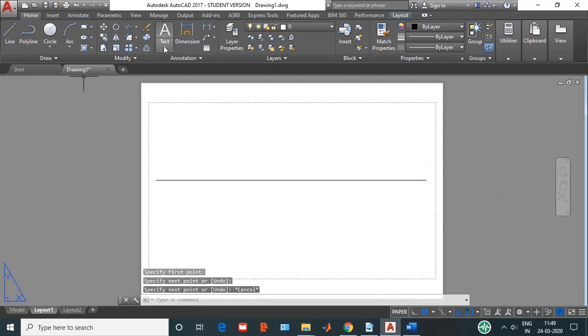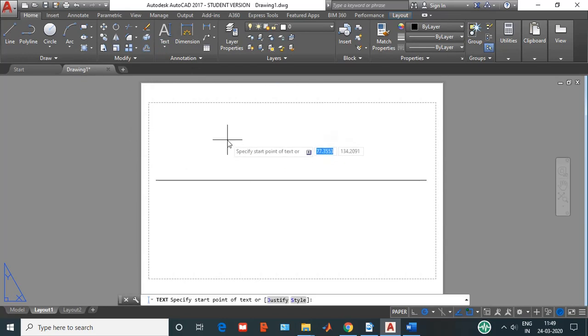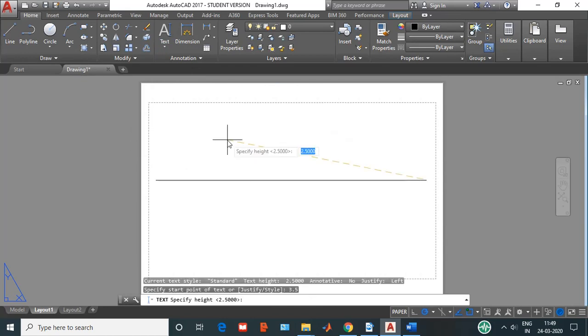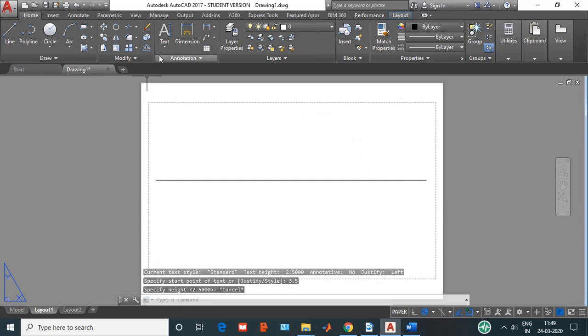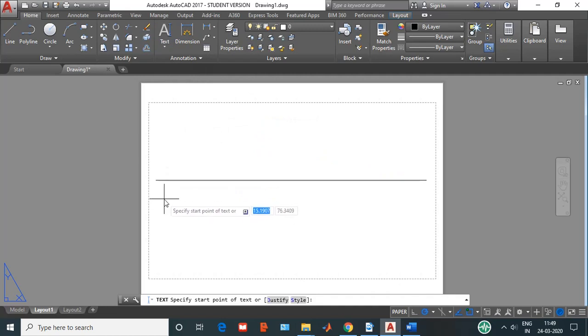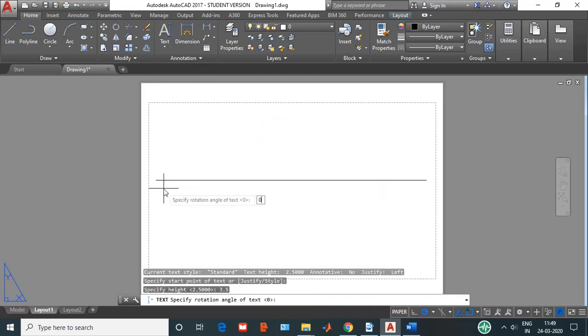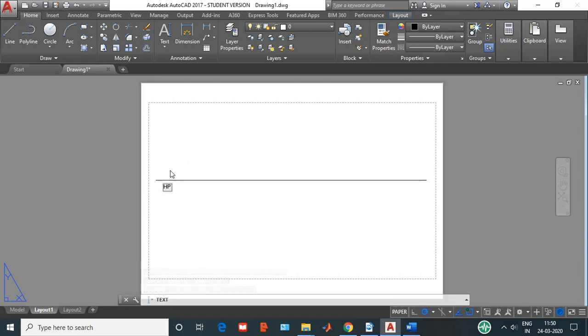Let me name it VP and HP using single line text, height 3.5, rotation angle 0. So this is the horizontal plane, this is the vertical plane, and this is the XY line.